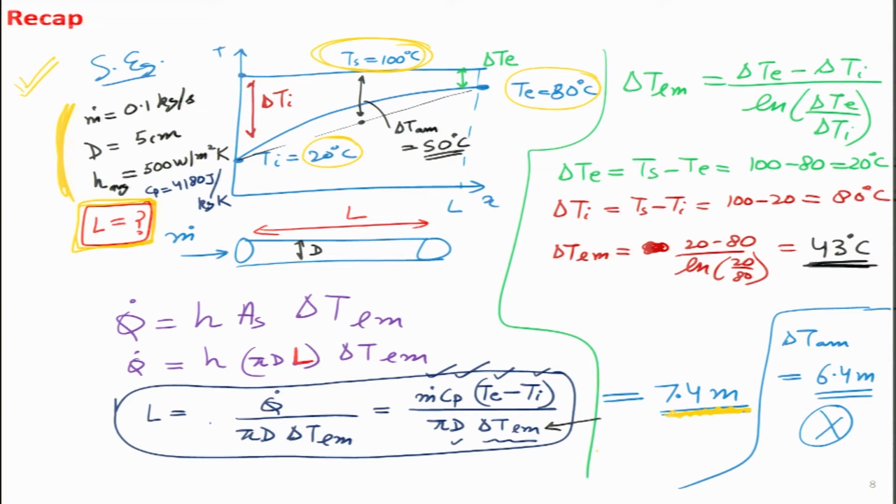And just for illustrating the point, we have also calculated using the delta T average. So, this is the delta T average value, which is simply this difference, initial delta Ti, final delta Te, add them and divide by 2. In that case, we get a significantly smaller length, which means it under predicts the length which is needed for the water to reach 80 degrees. So, if we use the value given over here, 6.4 meter, what we would realize is in reality our water would heat, but not up to 80 degree, but maybe a little bit less, 65 or 70 degrees. So, we will fall short of our target.